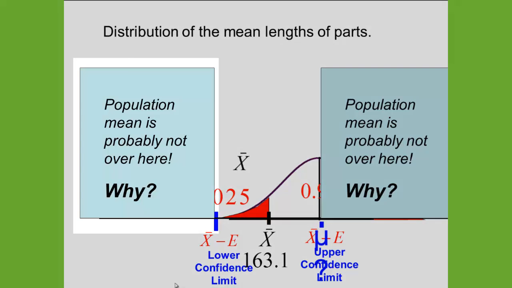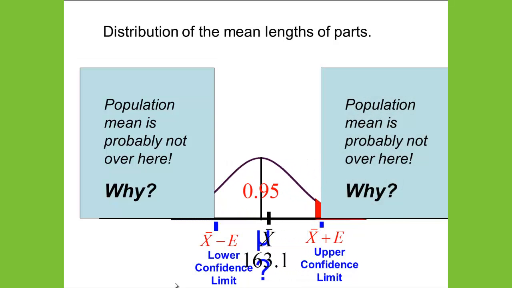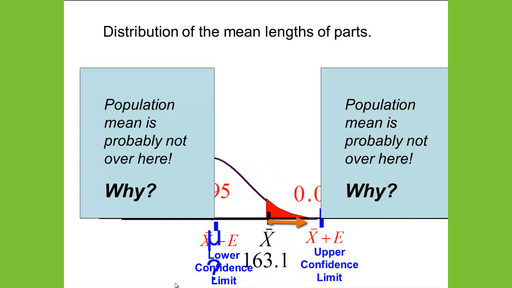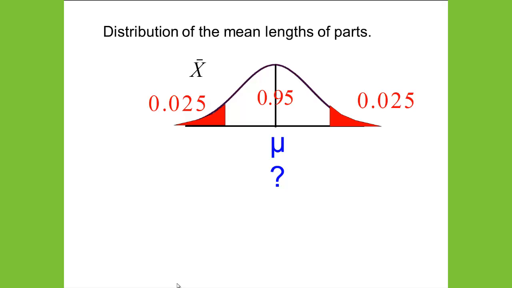And we know that the population mean is probably not over here on the left. Why? Because if it gets over there too far, it becomes in the other tail, where again it would be unusual, and that gives us the lower confidence limit. Because for higher or lower means, the mu would be unusual to get a sample mean, the x bar, of 163.1. So we have the distribution of the mean lengths